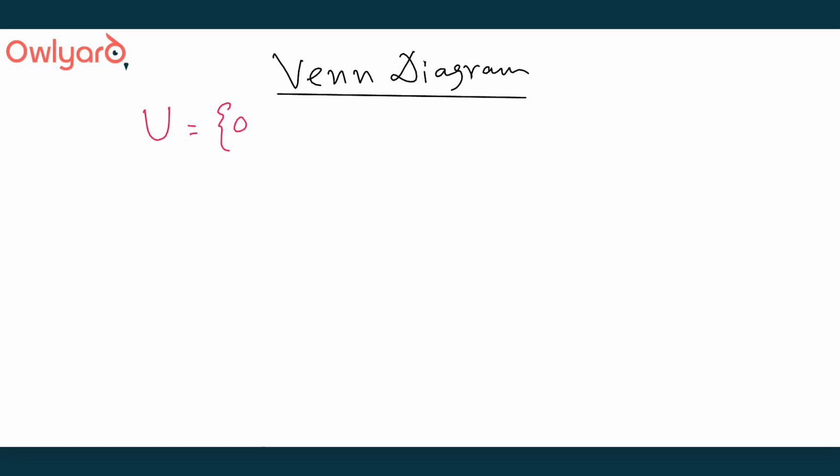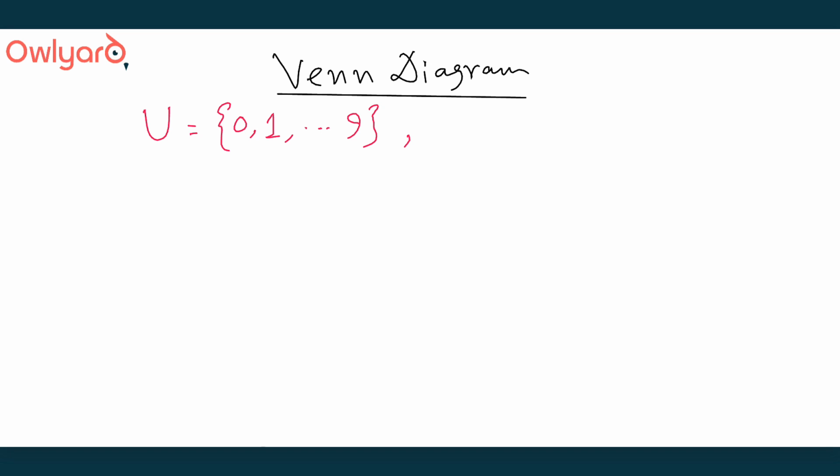Okay, so in our final lesson today, we will discuss how to visualize the different sets and set theoretic operations using a method called the Venn diagram. In order to work with Venn diagrams, we will take an example. Let's say our universal set U is a set of single digit numbers, so 0, 1 all the way